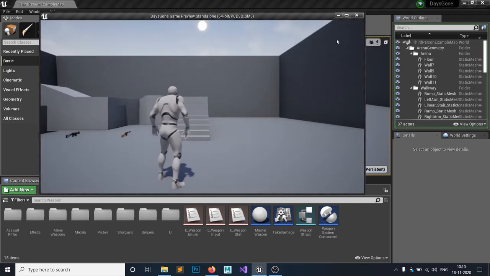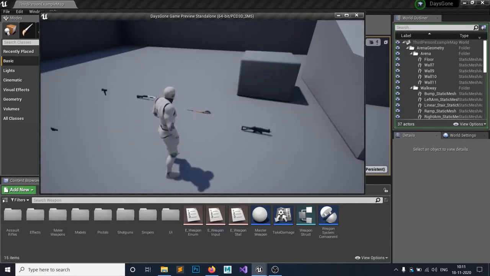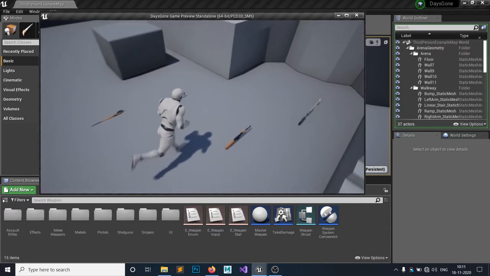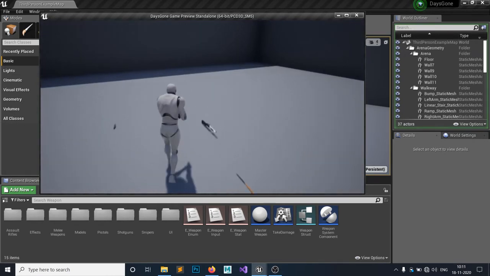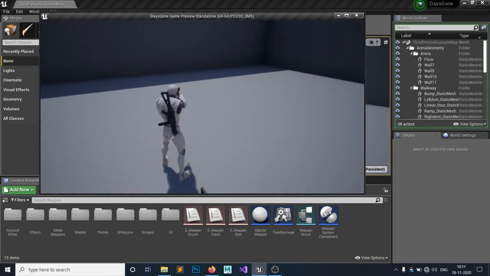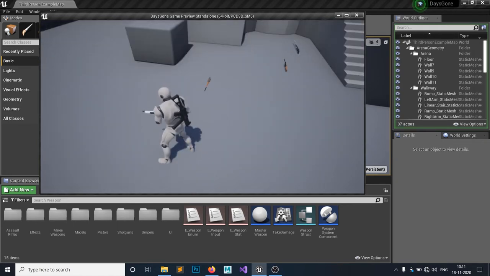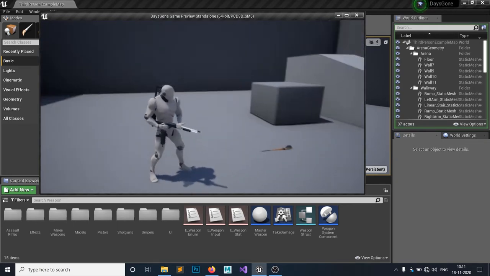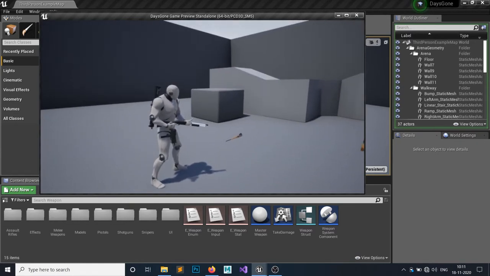Last time we left off doing the shooting part, and I have added all the muzzle sockets and all the range and shooting animation to all the guns. So as you can see, I can shoot with this, I can shoot with this. I have provided different animation and different gunshot effects. But the reason is we haven't done the automatic.